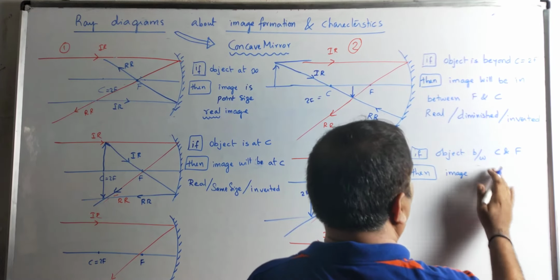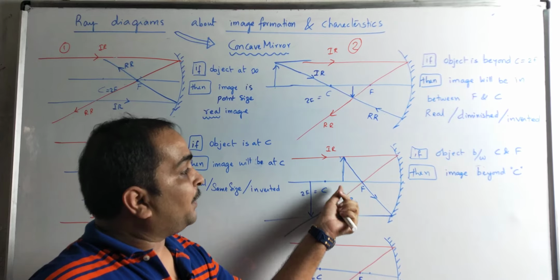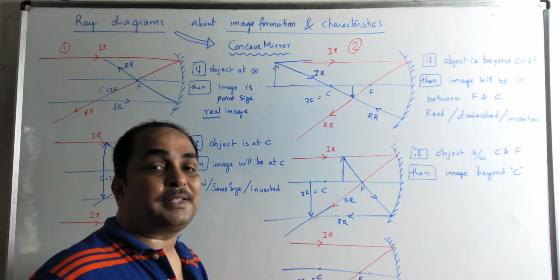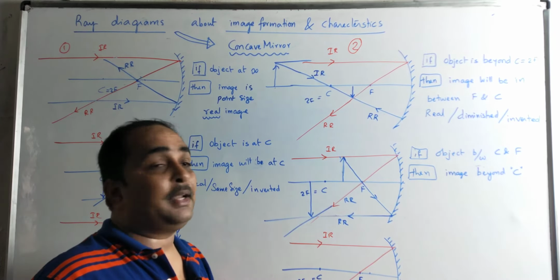You may be thinking that the image is actually coming here, as the ray has extended here. Not like that. We have to do it on graph paper. You have to take a compass and draw a curve, that means it should be a part of a circle. You have to keep the images properly. The distance from here to here and from here to here should be the same. If you maintain that, obviously this will come. See, I made some arrangement such that it comes like that. It is not a cunning plan.